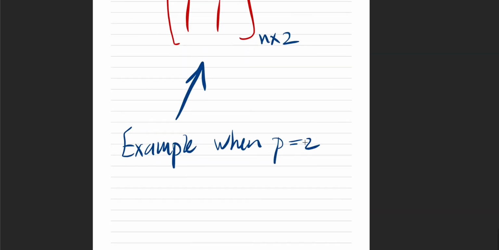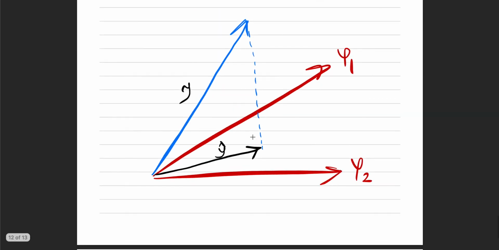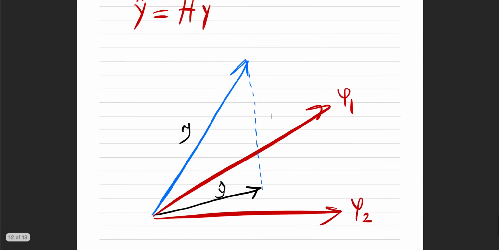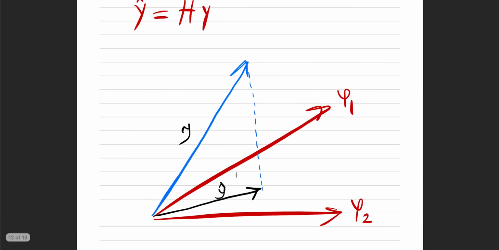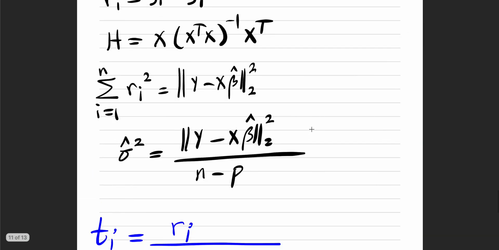So if X has 2 columns, then when we're doing a regression, we're trying to project this Y vector onto the plane which is made out of these 2 vectors. This is Y hat, and the length of this will be the length of R. But anyway, this is extra. Okay. Take-home message is this is the hat matrix, and